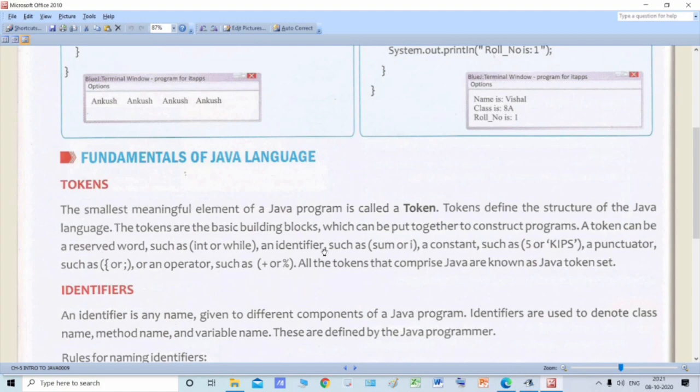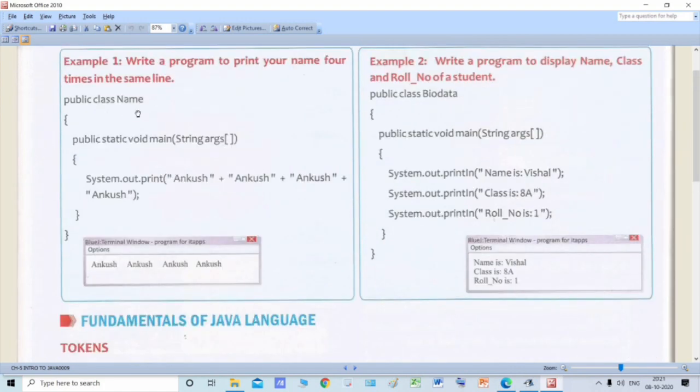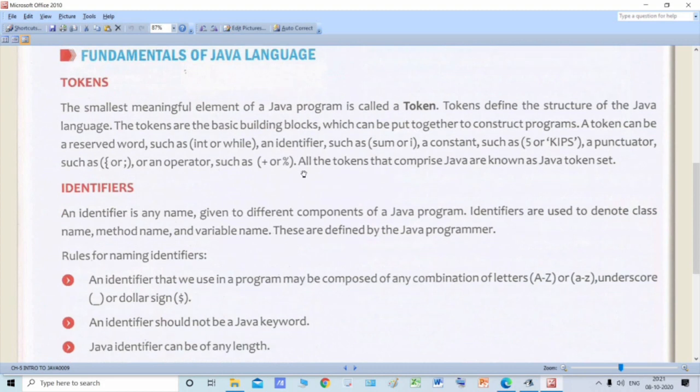it can be an identifier such as sum or i, or this name or this biodata that we have written over here. This is also an identifier. This biodata, this name, the name of the class is an identifier. It identifies the name of the class.